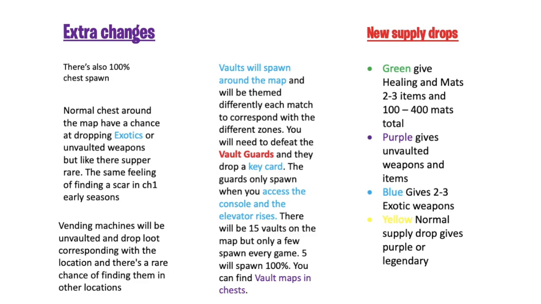Okay, so now we have a lot of extra changes I want to go over. So first, 100% chest spawns. I don't understand why Fortnite would take out 100% chest spawns. Sometimes I'll land at a house, there won't be any chests and no floor loot. I'll leave with a fishing rod and some ammo. It makes no sense. 100% chest spawns, we need it, okay? And then